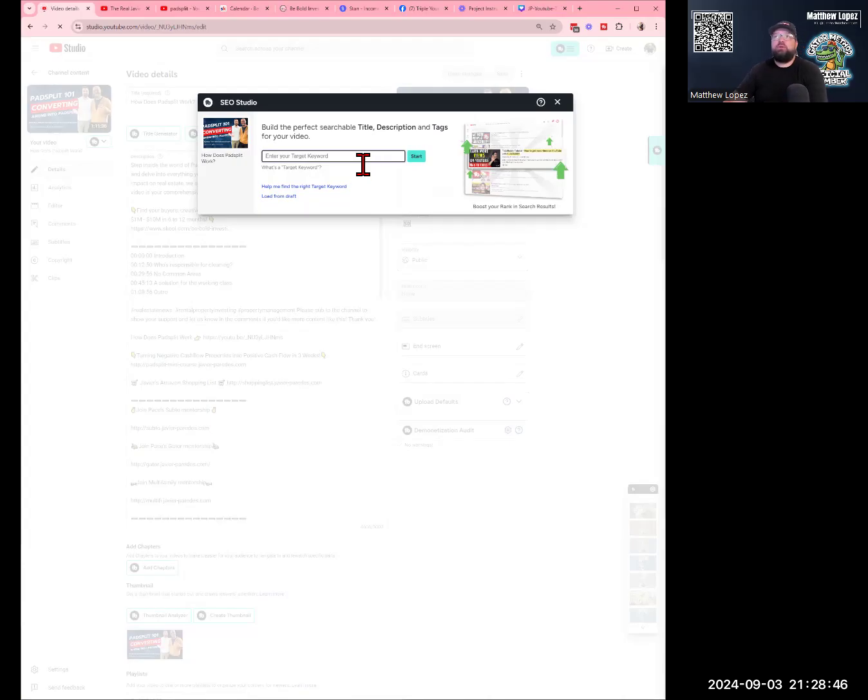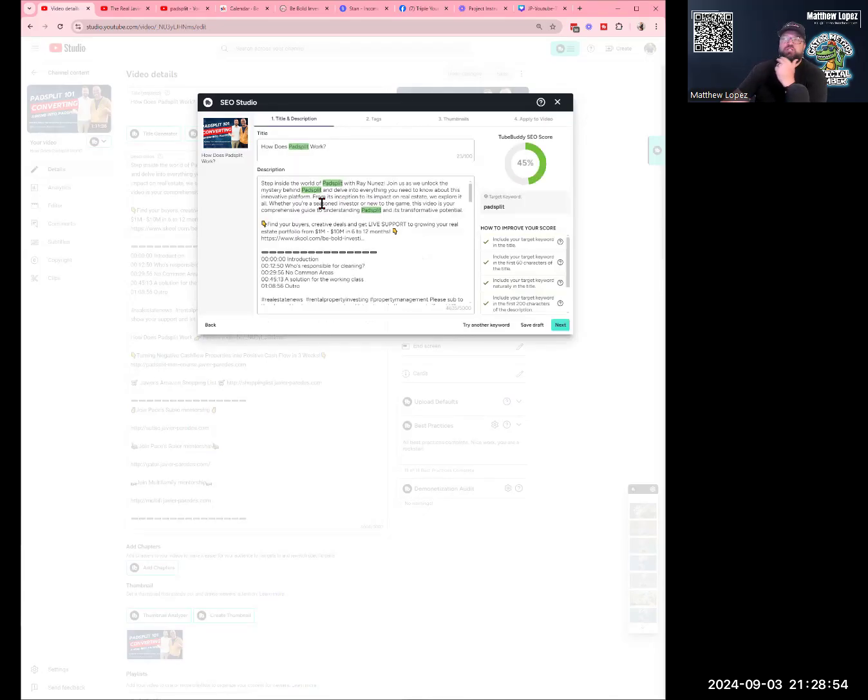Inside of the SEO Studio, we want to type in the word pad split. Any word you type in is going to help you optimize towards that keyword. Pad split is the keyword we want to use. So we are going to see, do we hit all of our key titles and descriptions? Now we already are at an SEO score of 100 already because I've already done the optimization on